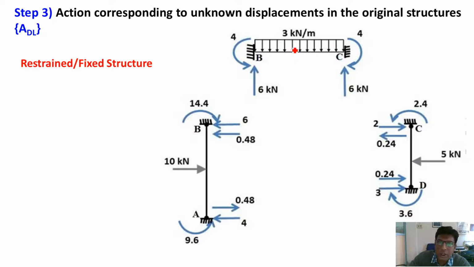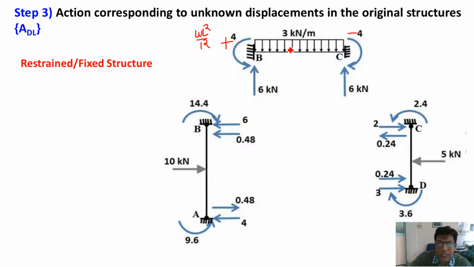So first, the beam is subjected to UDL. So the fixation moments are WL square by 12 at two ends. We know that. Using this formula, we can find the fixation moment. It is anti-clockwise on the left end and clockwise on the right end. So as per our sign convention, it is plus 4 on the left, that is anti-clockwise, and minus 4 on the right, that is clockwise. Okay. Now we can find the reactions.